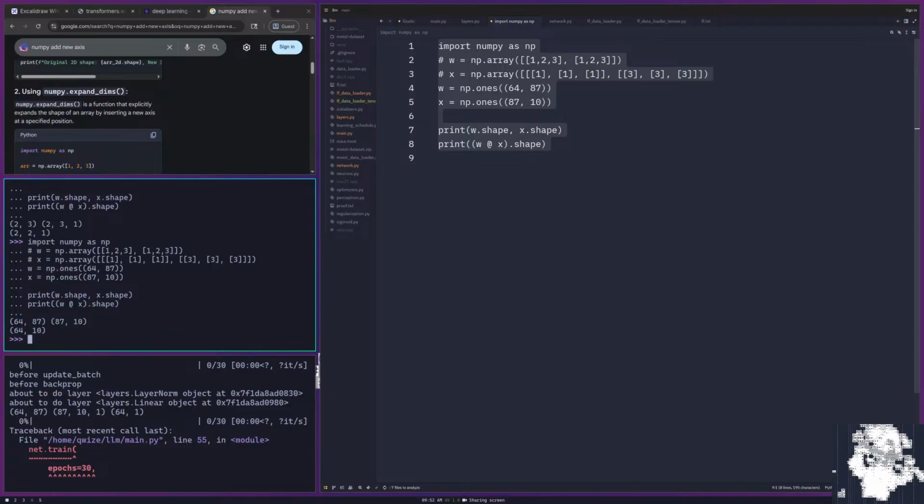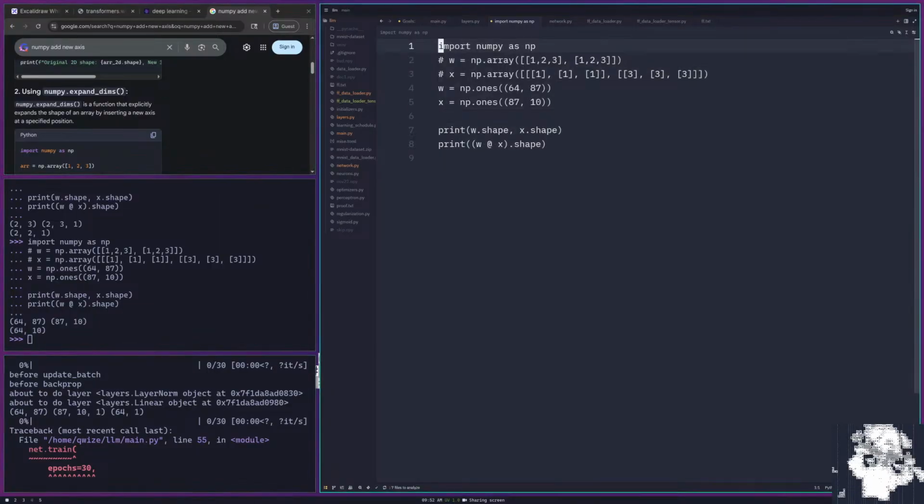So that works. But then if I added an extra 1 on the end here,